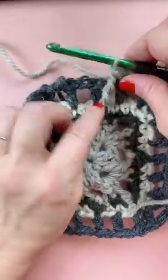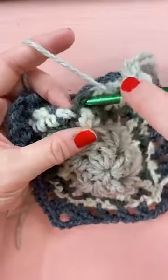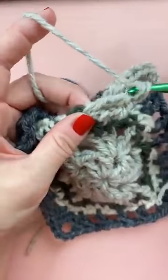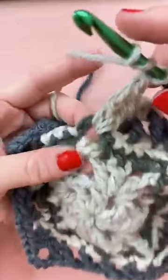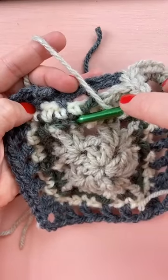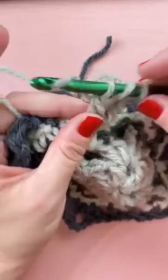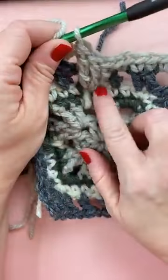So it has to be extra long because we're going down all these rounds, right? So yarn over twice, insert your hook under that whole chain, yarn over, pull through 2, yarn over, pull through 2, and yarn over, pull through 2. And we're going to do that one last time. Yarn over twice, insert your hook. Remember, this is the green round, so this was round 3. We're just going right under that chain 2 space. Yarn over, pull through 2, yarn over, pull through 2, and yarn over, pull through 2. So we've worked 3 trebles